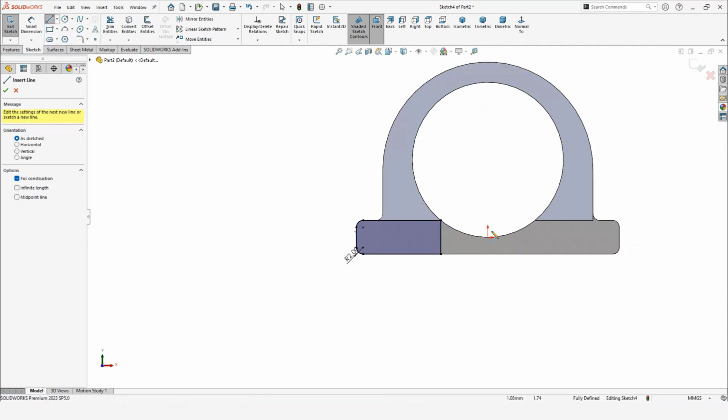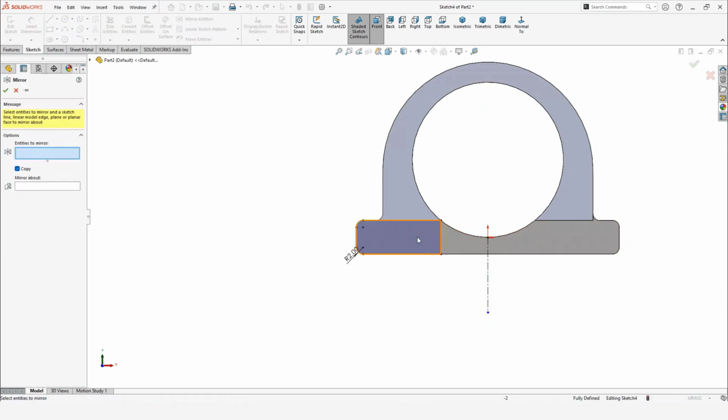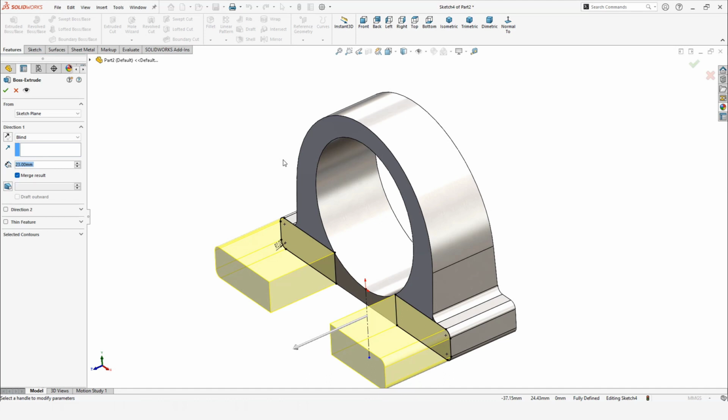Make a central line here, guys, because I want to mirror entities. I want to use this mirror entity. Select all of these lines including the fillets. All of these lines should turn into blue. In this mirror about, select the vertical line and here we go. Now select extruded boss base and extrude it up to only 1 millimeter, guys,